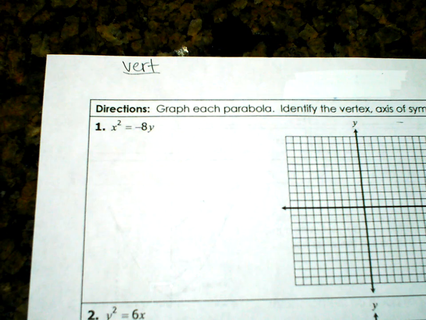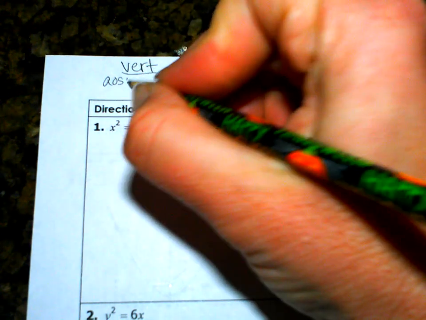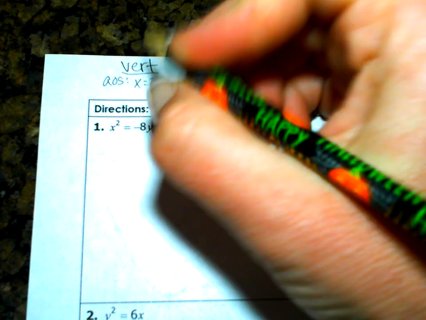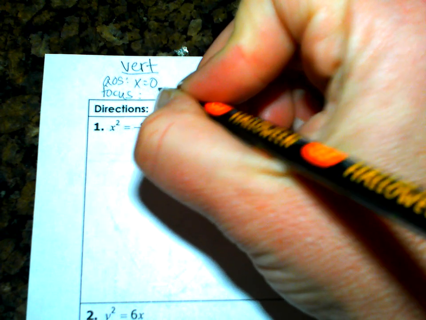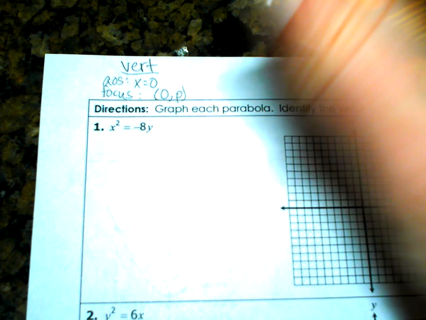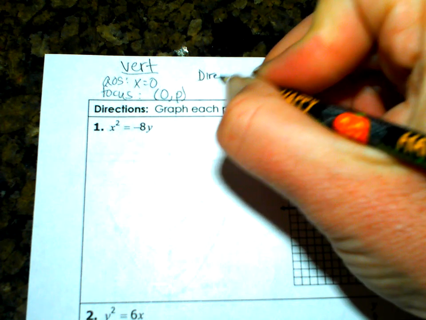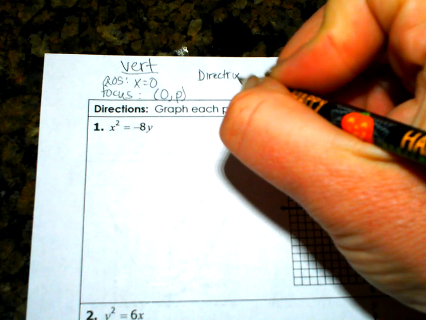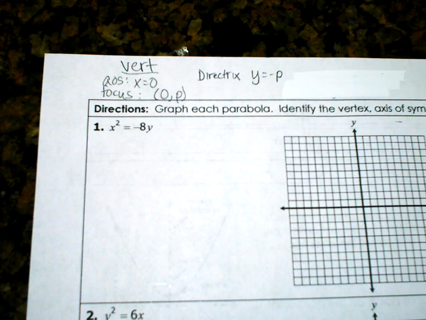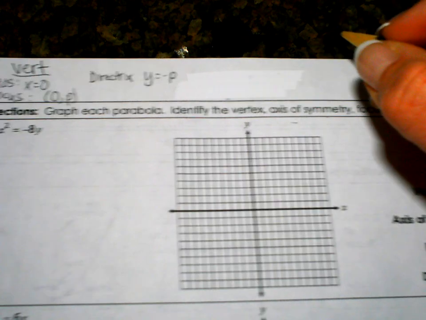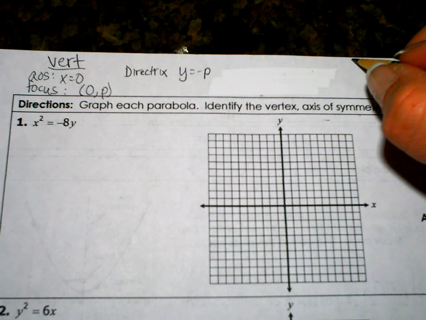If it's vertical, then that means that my axis of symmetry is going to be x equals 0. My focus is going to be 0 comma p, and my directrix is going to be y equals negative p. Okay, if it's horizontal,